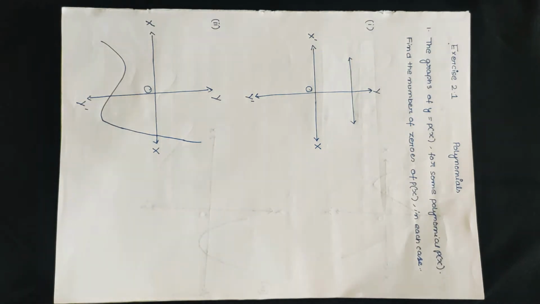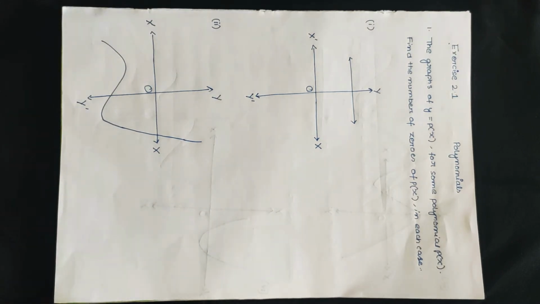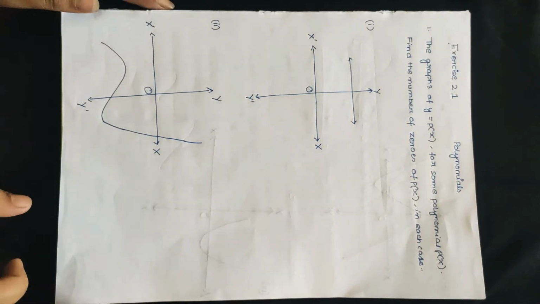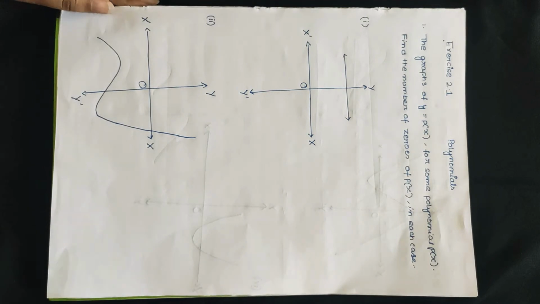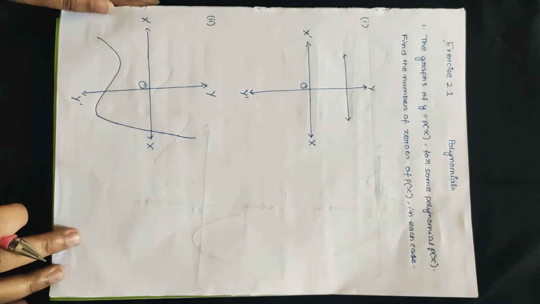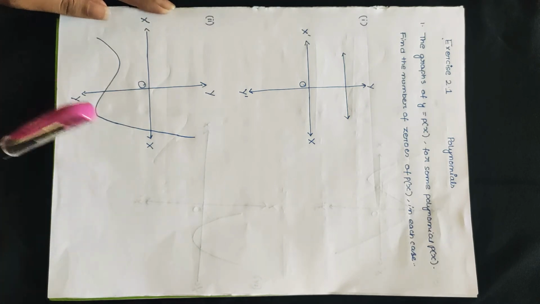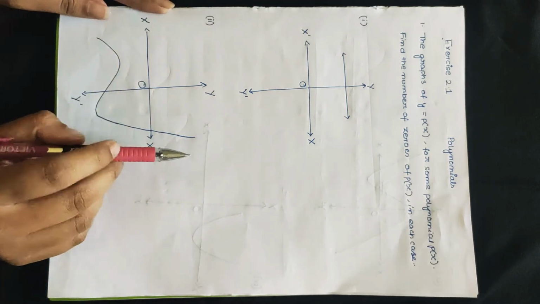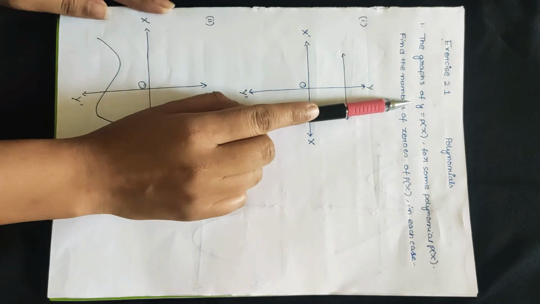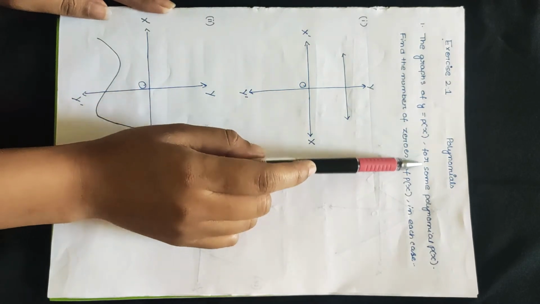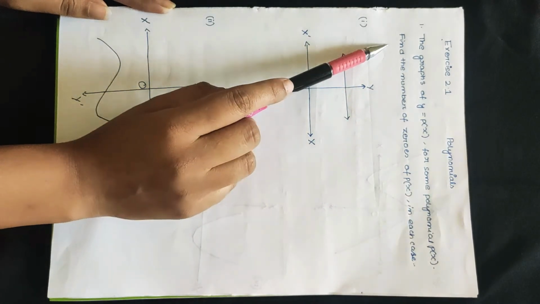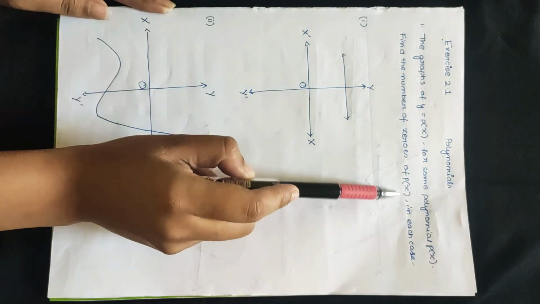So in the last chapter, we have looked at what is a polynomial, how to identify a polynomial, how to find a zero of a polynomial, and how to find the value of the polynomial. And also we have studied some basic graphs. So today we would take up the exercise 2.1 of polynomials, and we need to find out, for the graph y = p(x) of a given polynomial p(x), the number of zeros in this case.